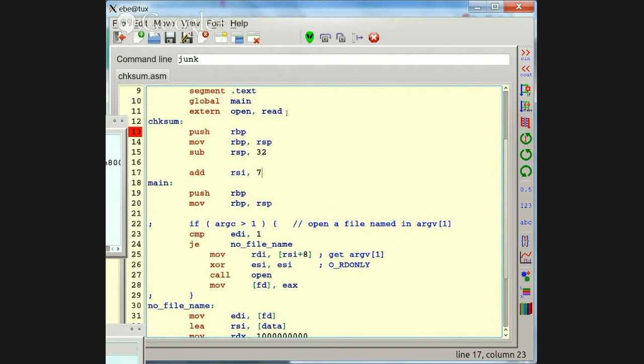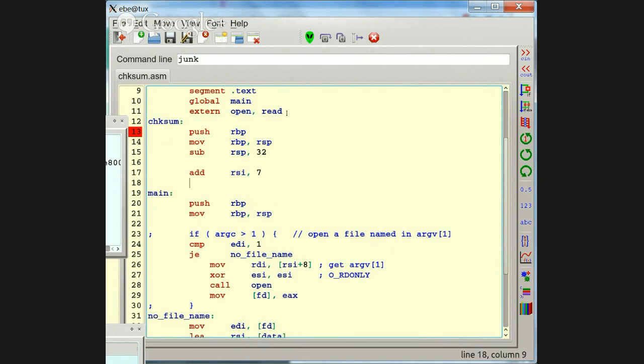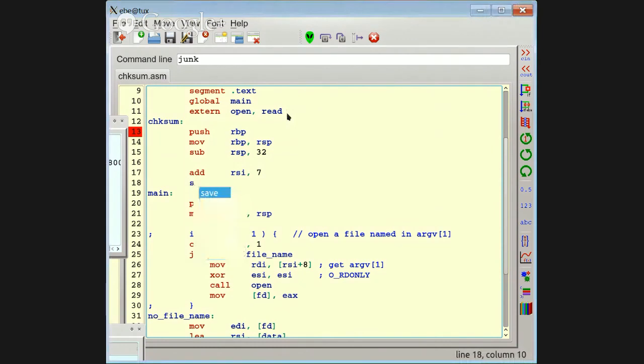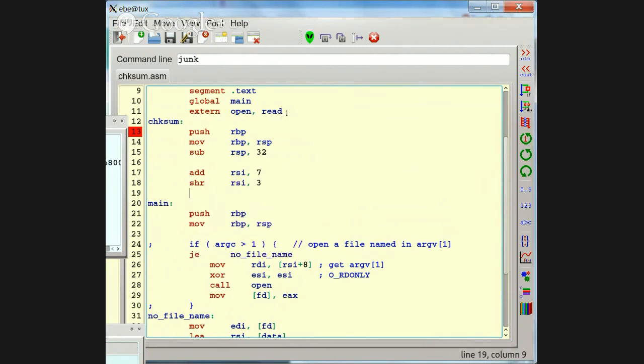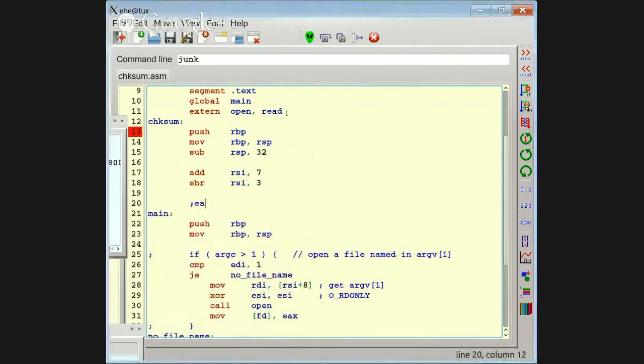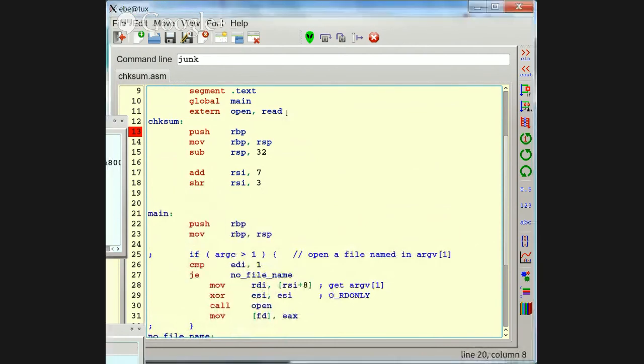And if it's 7 more, it's going to be 6 more than a multiple of 8. So I won't be overdoing it. And I really want the number of quad words in this thing, so I think if I shift it right 3, it should be okay, and I'll finish off the function for now and see how it works.